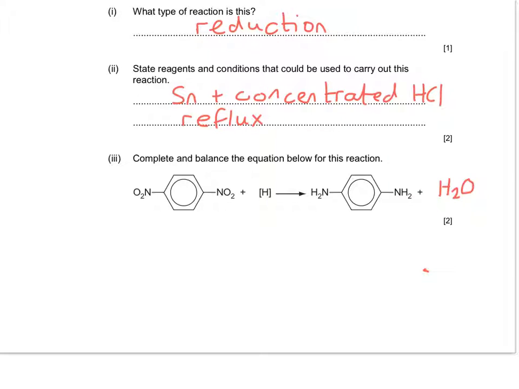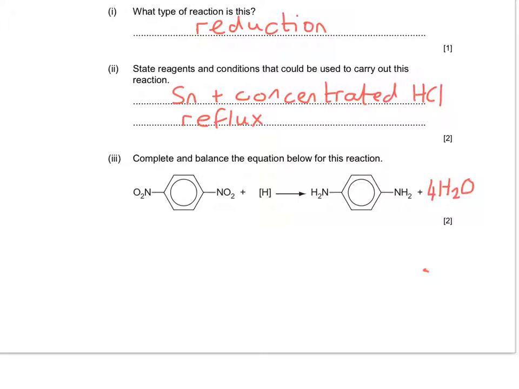That means 4 oxygen atoms are replaced by 4 hydrogen atoms. So that must mean that you have 4 H2Os. Now you've got to count up the number of hydrogens on the right hand side. You've got 4 lots of H2O,